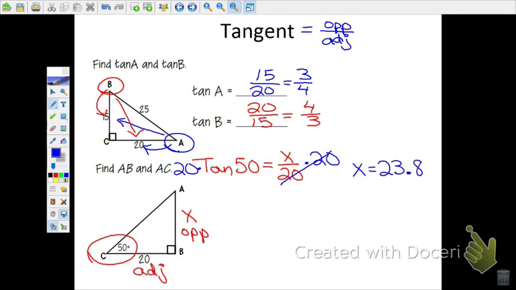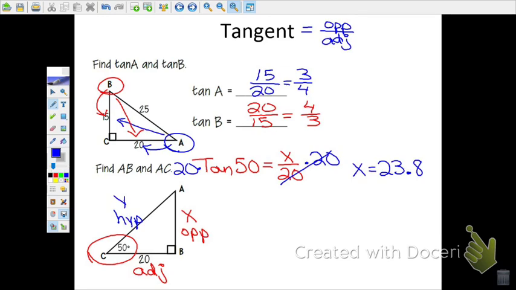How do you know which one? Because aren't both sides technically adjacent to that hypotenuse? No, hypotenuse. We're always looking at what it is to angle C. So adjacent to angle C. Oh, yeah, I was thinking adjacent to that hypotenuse. No, adjacent to the angle. Oh, yeah. Okay. So then AC, we're finding the hypotenuse,